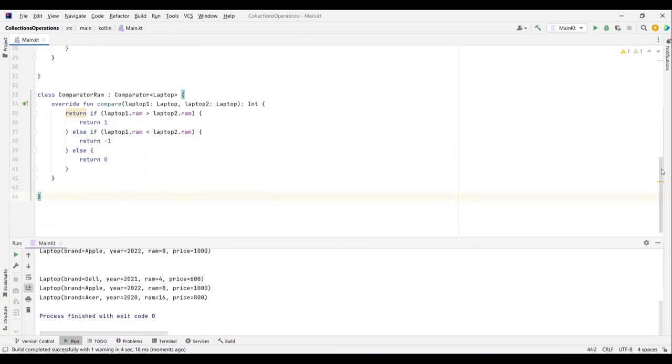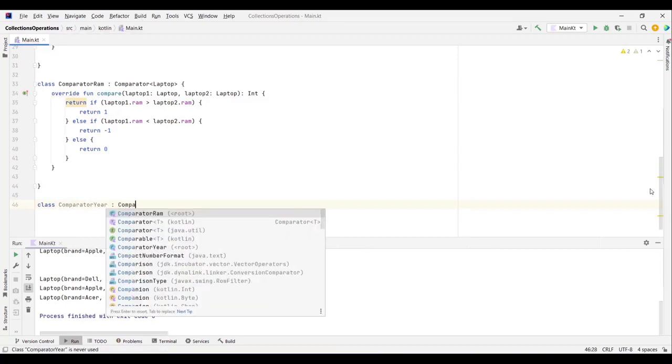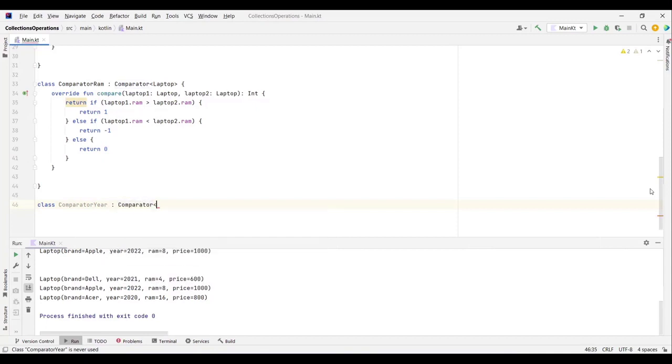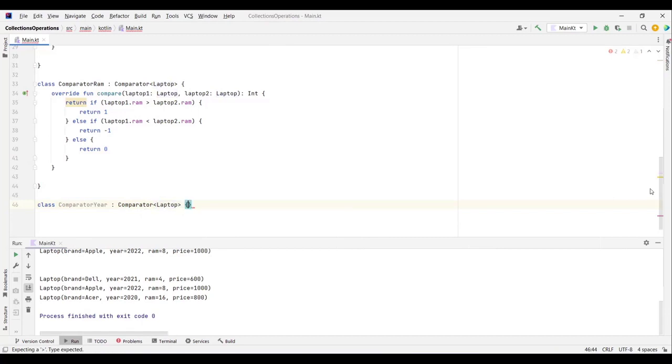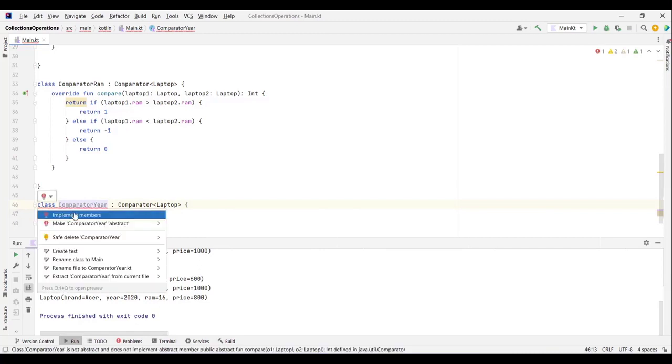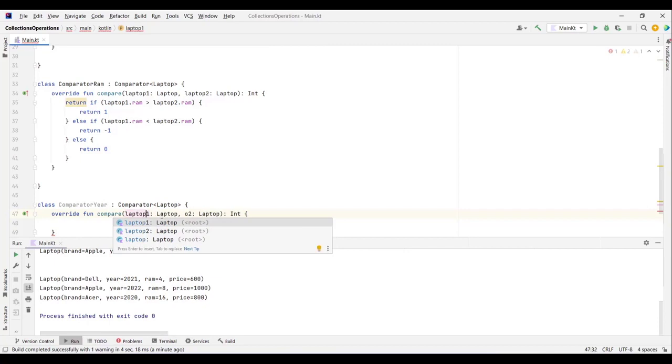And if you want to sort, let's say now, the list by the year, you just create another comparator. So you type class comparator, let's say year, and it's also going to extend comparator, it's going to have the type laptops, because it's going to sort laptops, curly braces, we implement the function compare, and we define the logic for comparing elements using the year. So let's delete these nullables. Let's type here laptop 1, and here laptop 2,